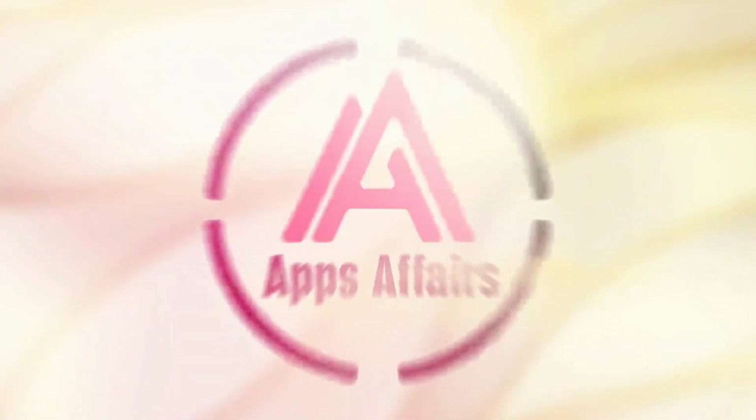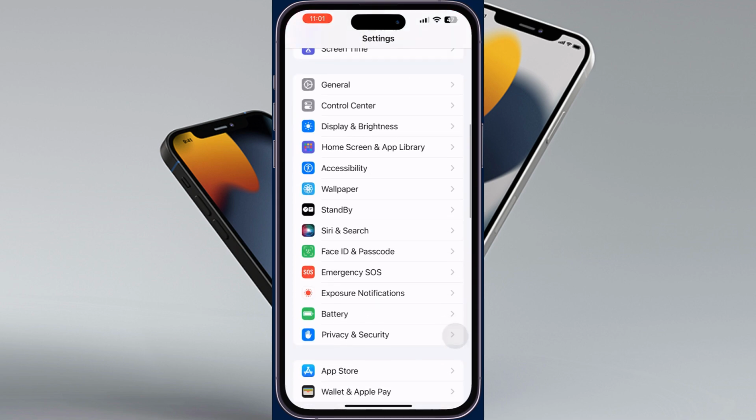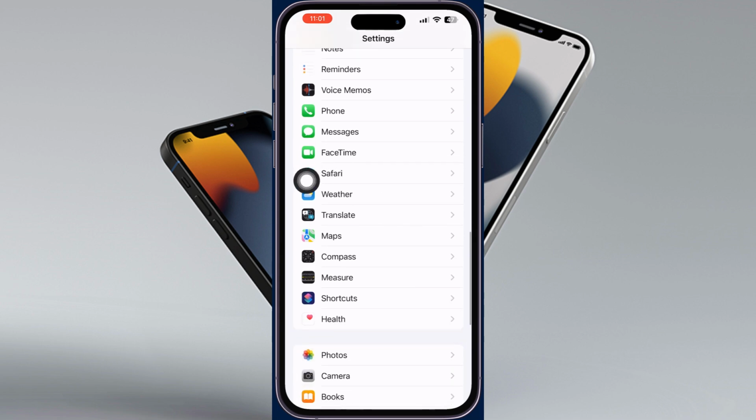This video will show you how to reset the Safari browser on iPhone. It's a super easy process, and here's how to do it. First of all, go to your iPhone settings, scroll down and tap on Safari,